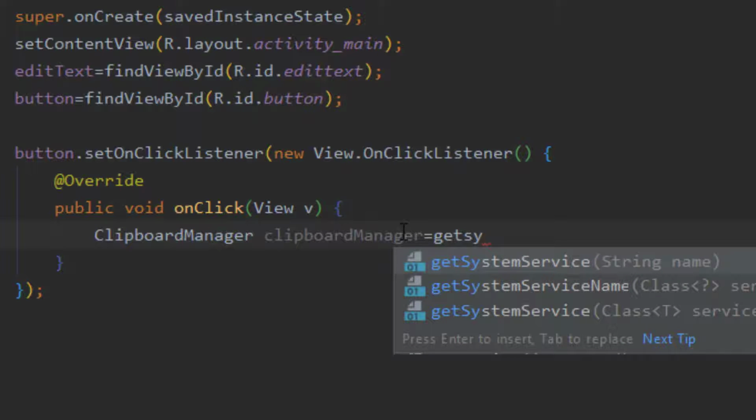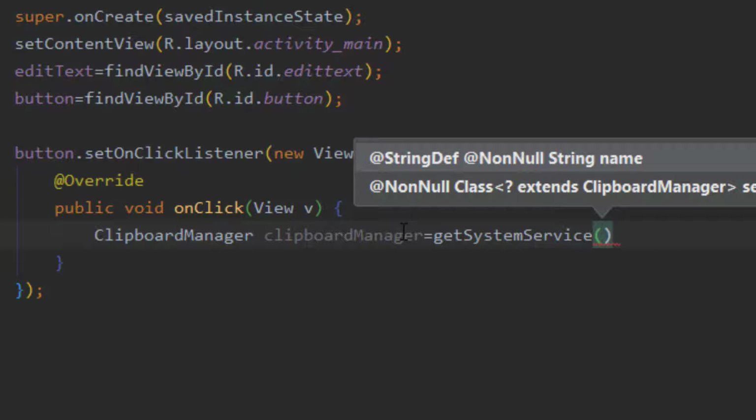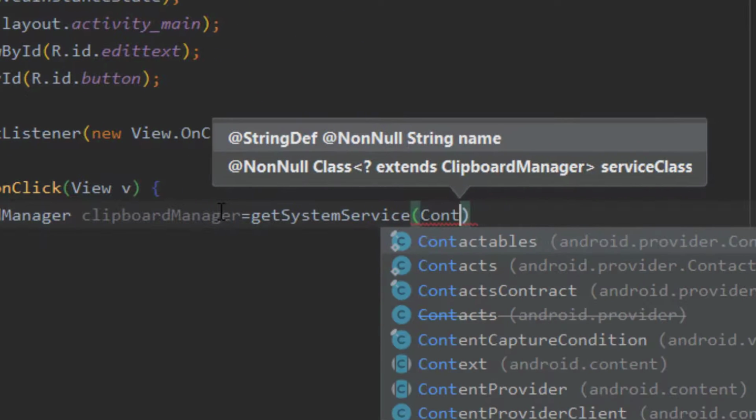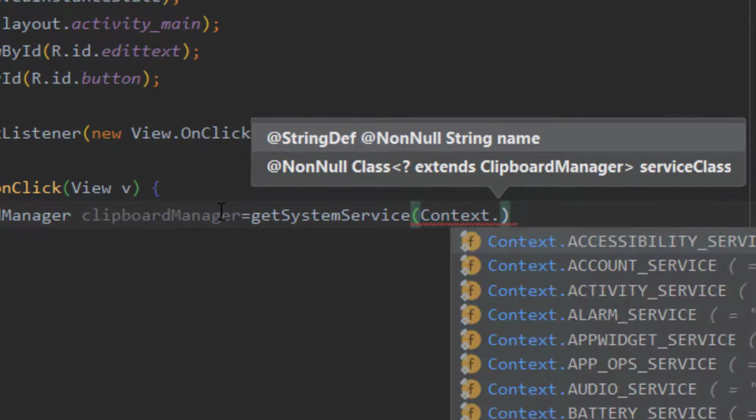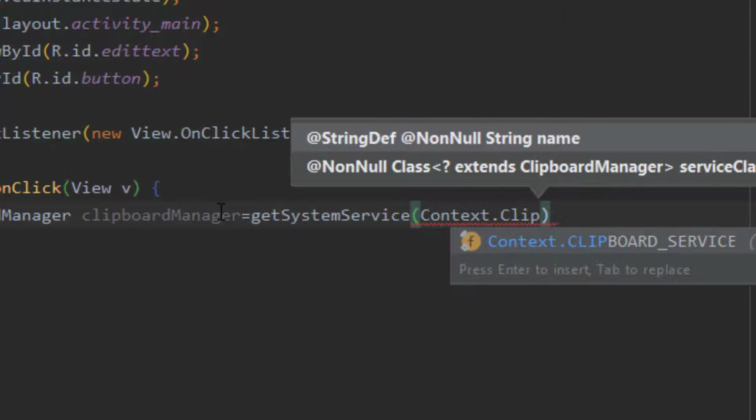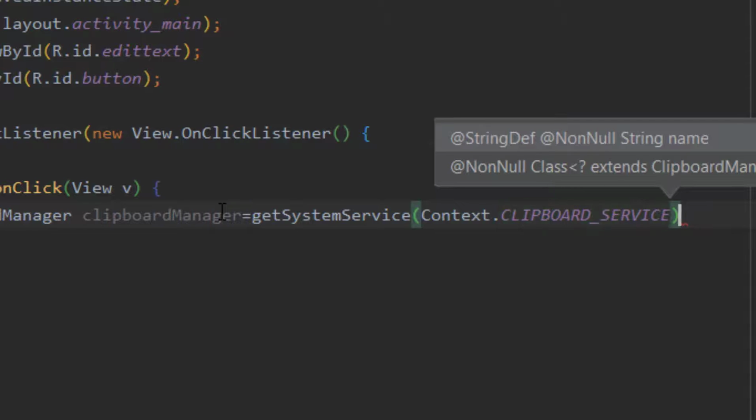On the right hand side we have to pass the get system service method. Inside this parameter we have to pass context dot, C should be capital, context dot clipboard service. Click enter.